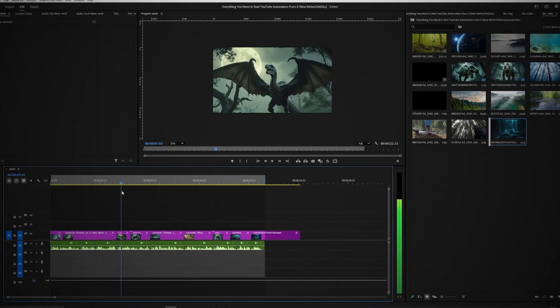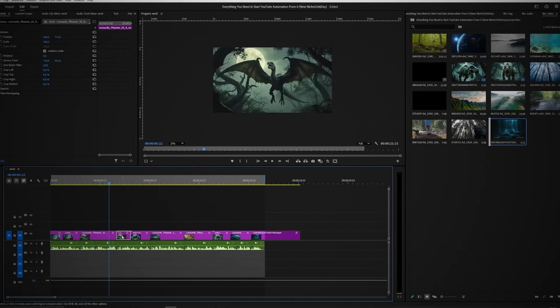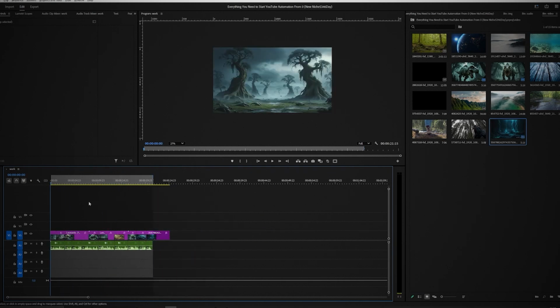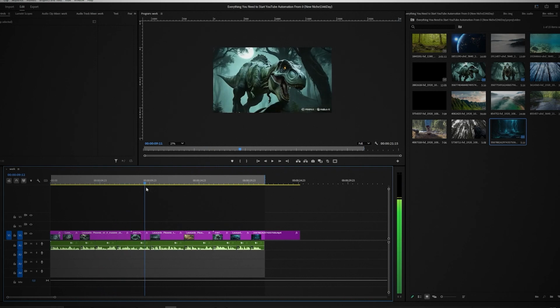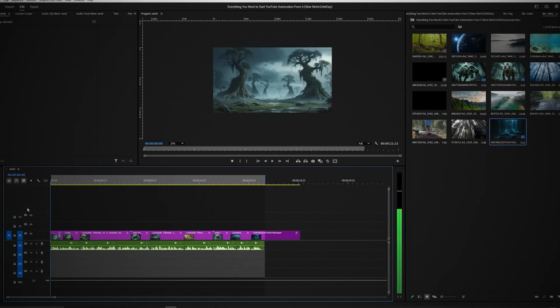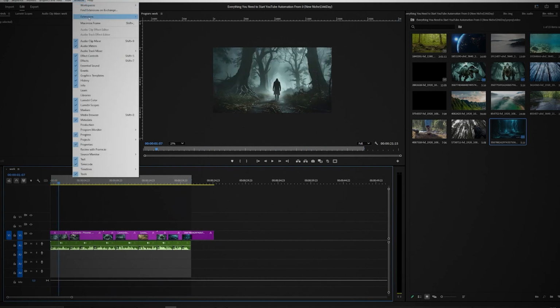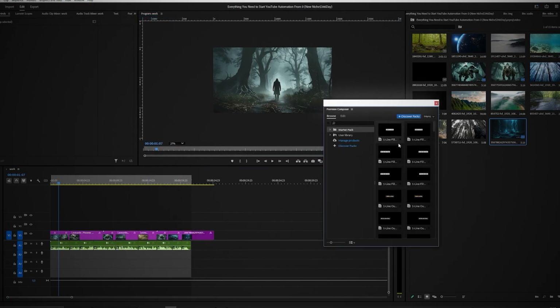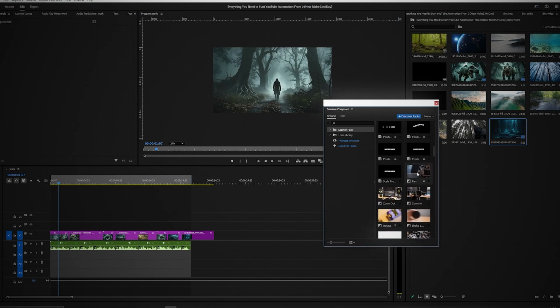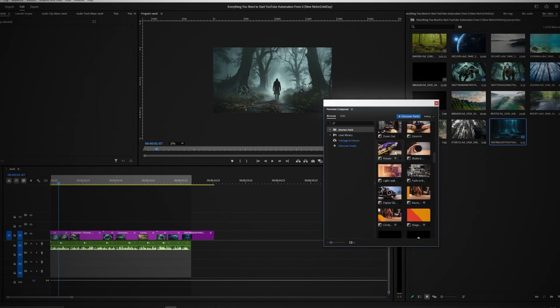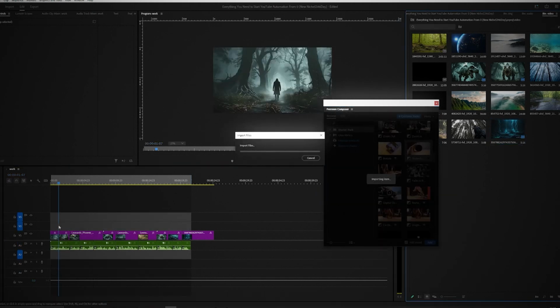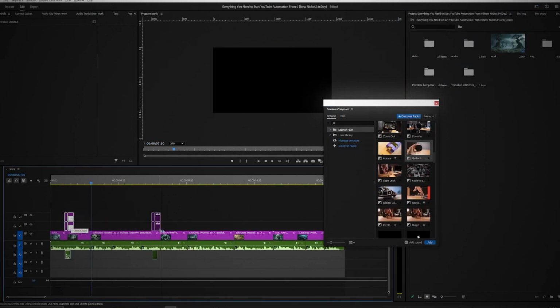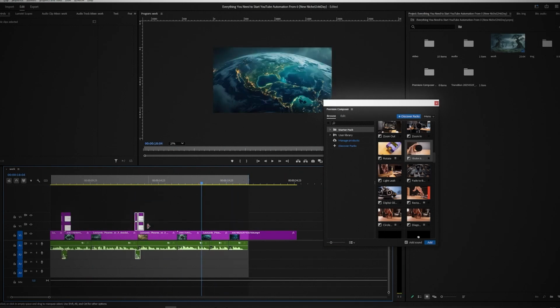After putting the videos, we need to put transitions between each clip. I will use the free extension for Premiere Pro called Mr. Horse Premiere Composer, a plugin that contains very useful presets. We will only use the transitions part. To use it, we have to go to Window, then to Extensions, and finally press on Premiere Composer. Now press on Start Pack, and scroll to the bottom where you find the transitions. Choose the one you like the most, then you can select the transition in the timeline, and by pressing Alt and dragging the transition, you can duplicate it to use it again.